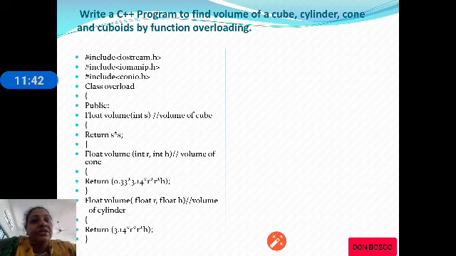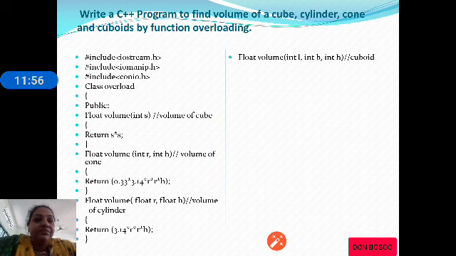So kindly observe the argument list. The first volume has only one argument, the second volume has two arguments, and the third volume function also has two arguments, but the data type is changed. In the second function we have used integers, whereas in the third function we have used float.